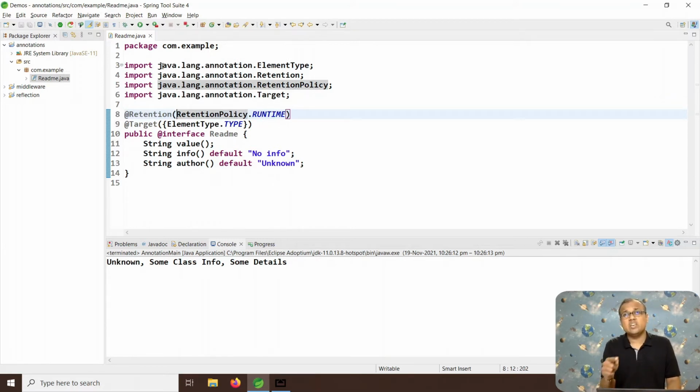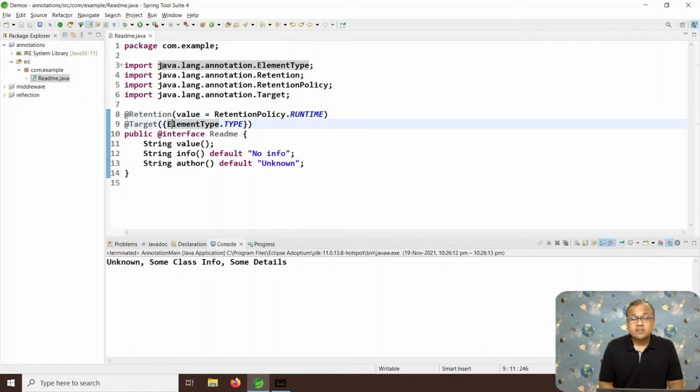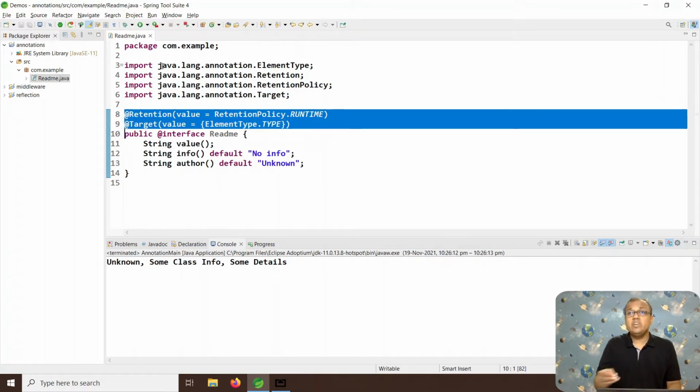When you have not used any member, the implicit member is value. So writing value equal to is optional in this case. These two annotations we have declared while creating our own annotation. Such annotations which are used on user-defined annotations are called meta annotations.